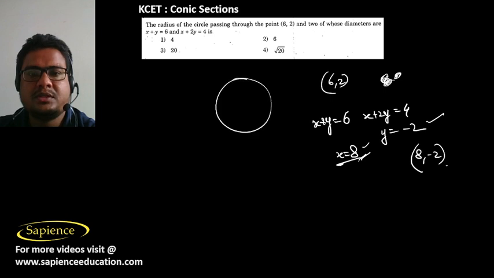Now it is told that the circle passes through the point 6 comma 2 and its center is 8 comma -2. So then